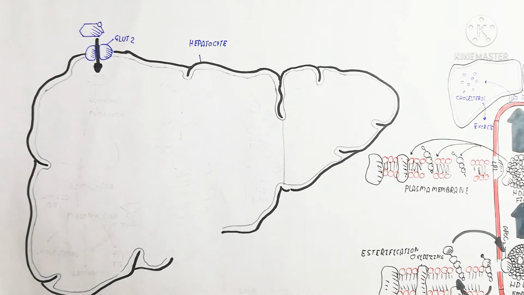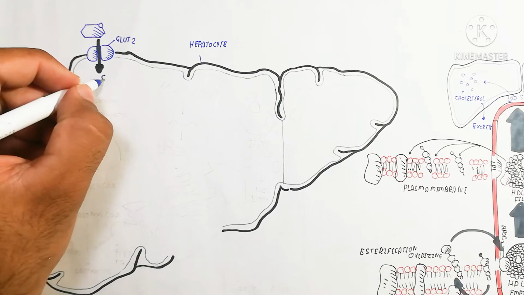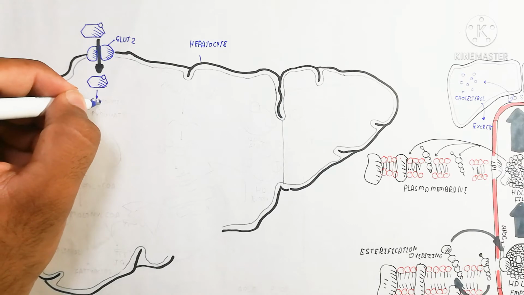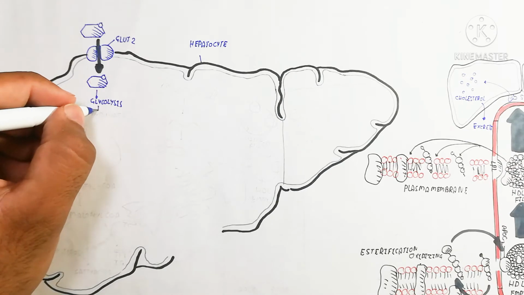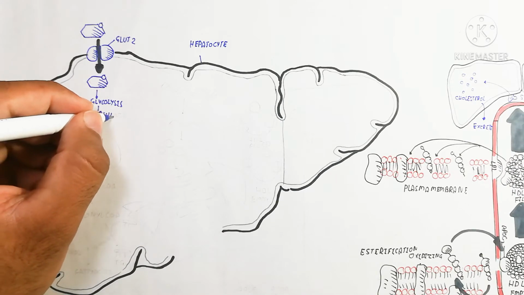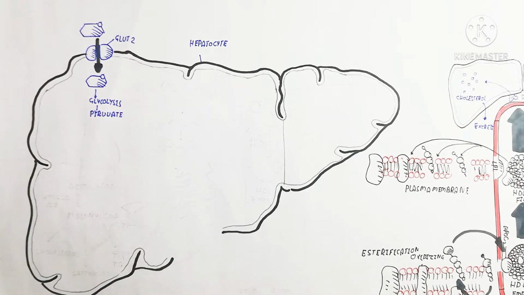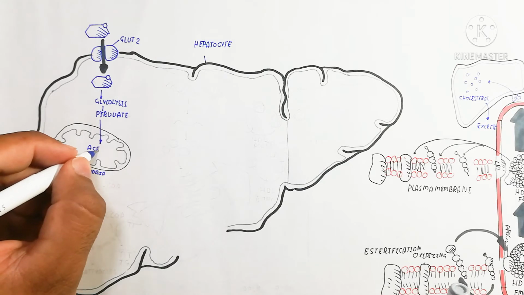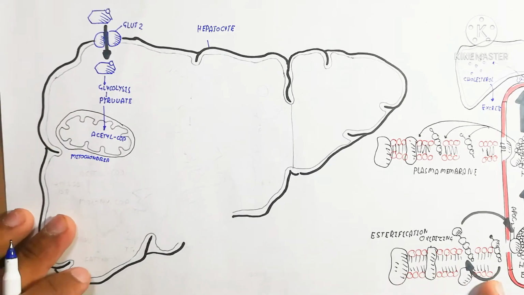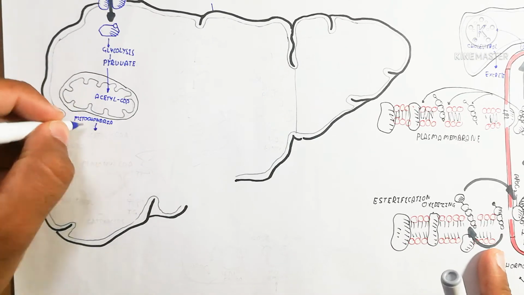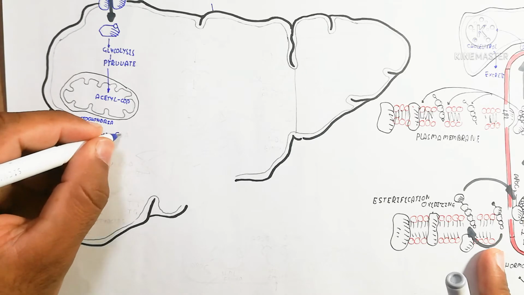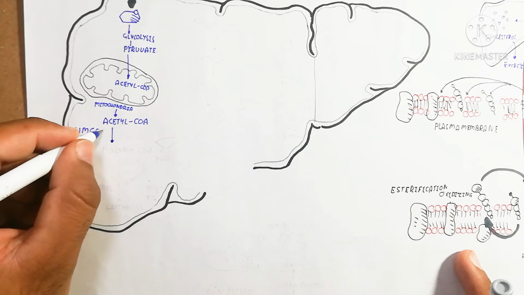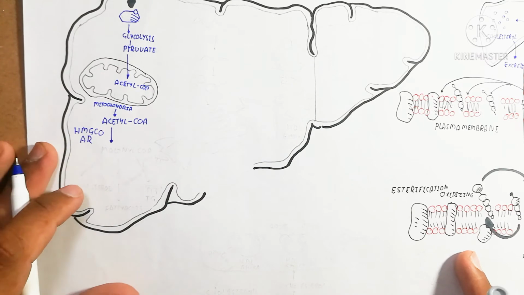So it is important to know that here I am drawing the structure of the liver, which contains hepatocytes. Hepatocyte means the liver cell, which carries glucose through the GLUT2 transport channel. The sugar goes inside to produce glycolysis to produce pyruvate, and pyruvate goes into the mitochondria to produce acetyl-CoA, and this acetyl-CoA will either go into the tricarboxylic acid cycle to produce